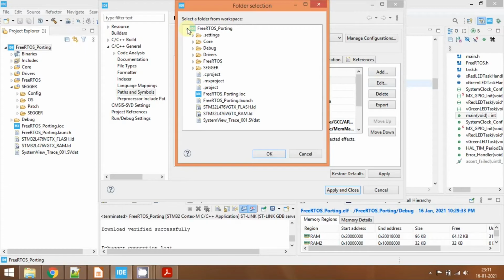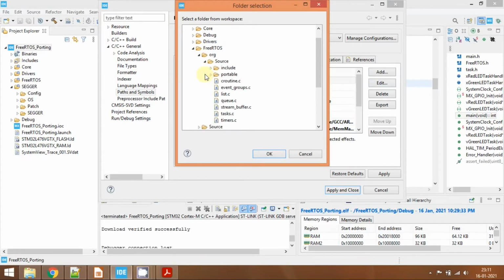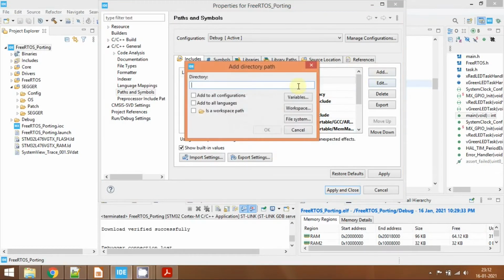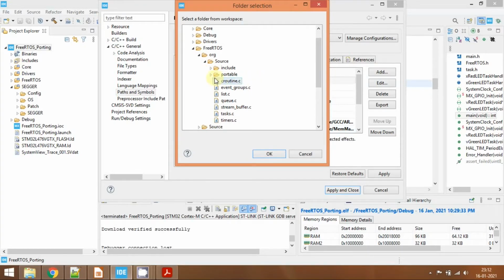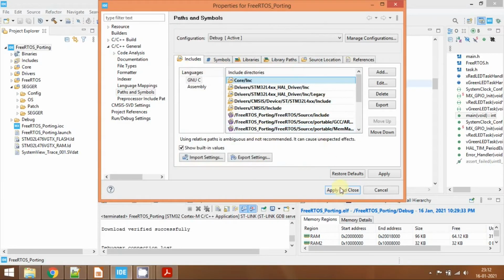Go to workspace again and go to FreeRTOS, expand the org source, go to portable and go to GCC, and we need to add an include path to ARM Cortex M4F. Okay, and we need to add one more path, that is go to FreeRTOS, expand the source, and then go to portable, and we need to include the path to memory management also. So click OK, apply and close.